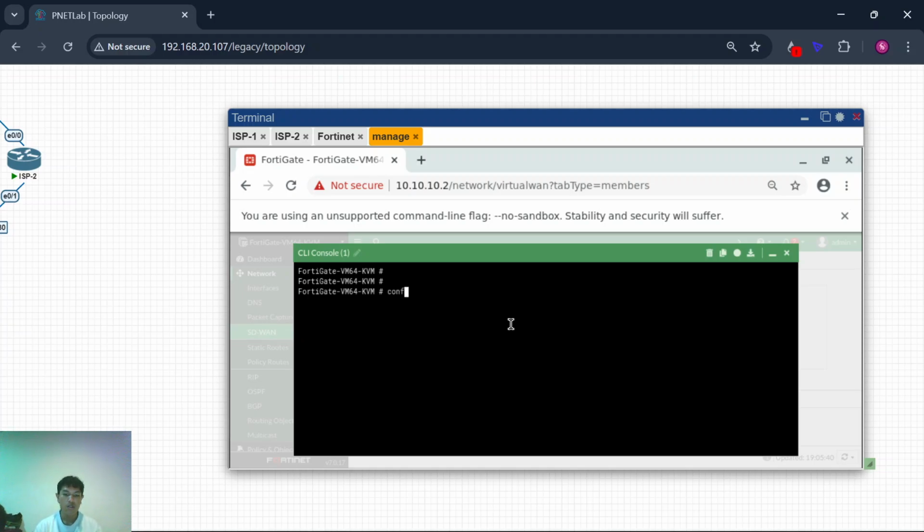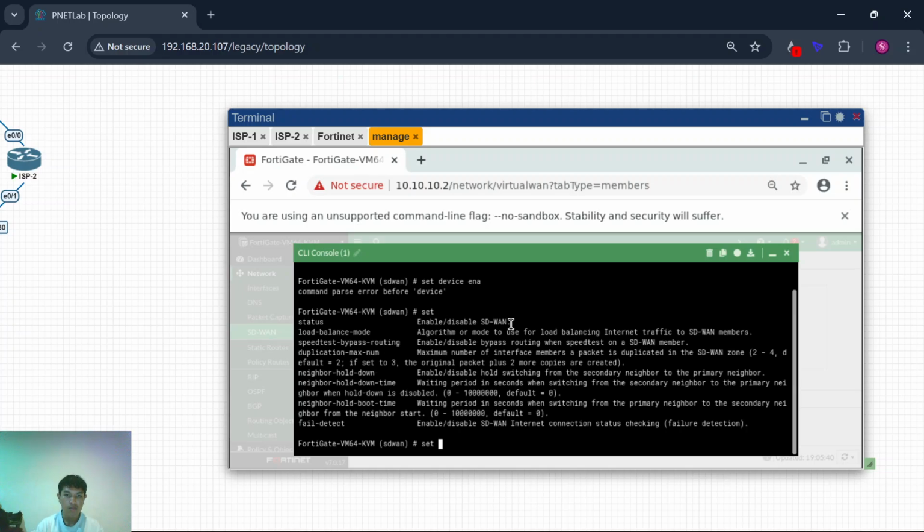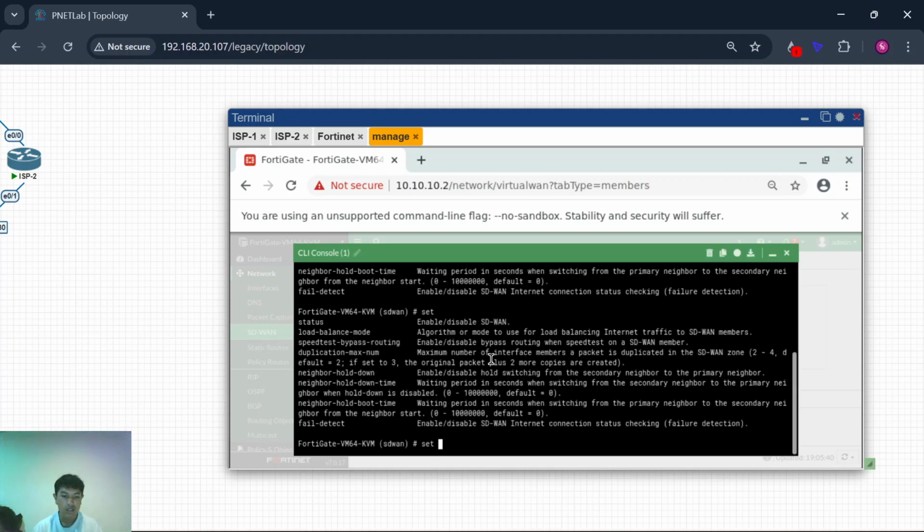Configure system SD-WAN, set status enable.